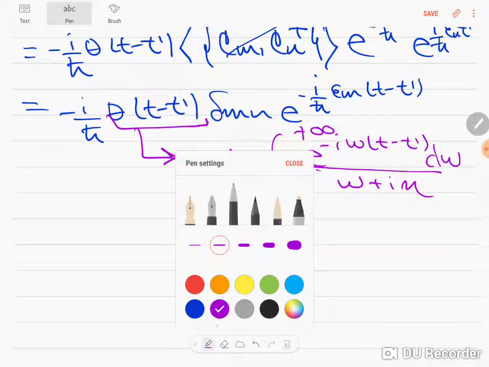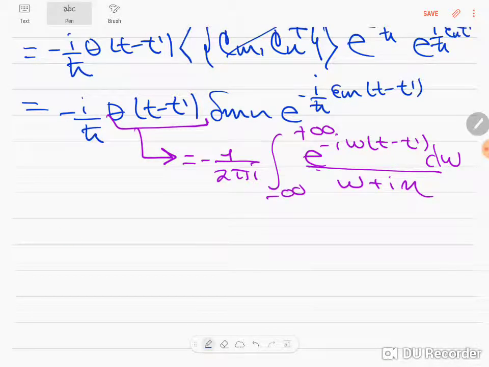And then if we replace that expression, what we're left with is the following: we have minus i over h bar, see, times minus 1 divided by 2 pi i